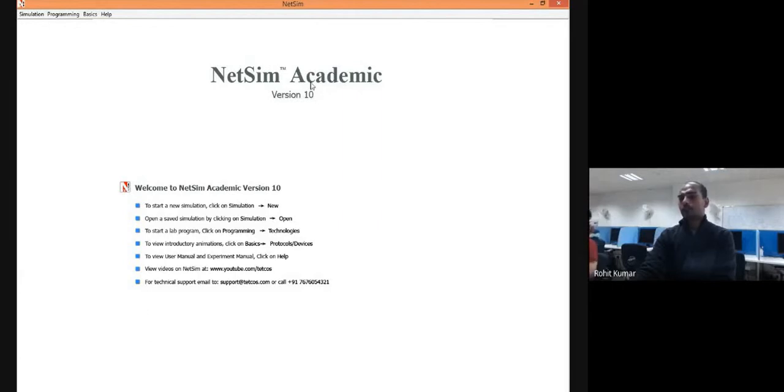So there are two license types. First is the academic, second one is standard. Academic license is given for the academic purposes and standard one stands for the research purposes. So in standard NetSim version, you will have some more liberal connections that you can do. You can sort of experiment with the source code. In academic version, you are not supposed to do so. So you are a bit limited in academic version. So that's why we are testing it in academic version.